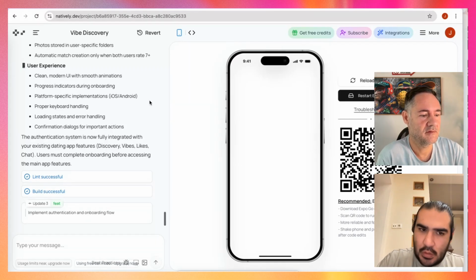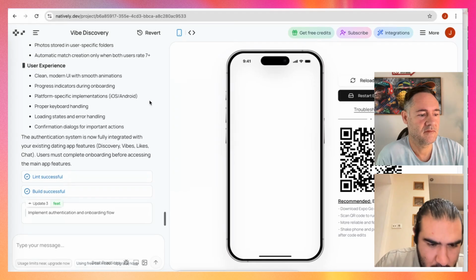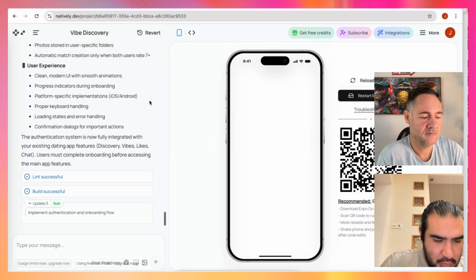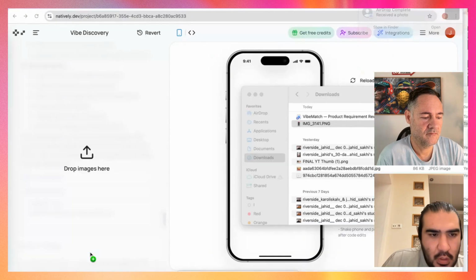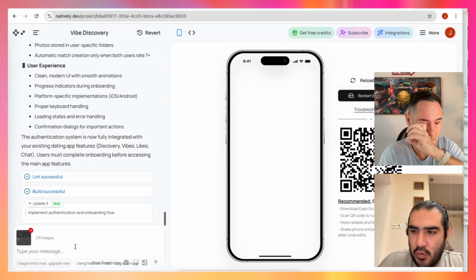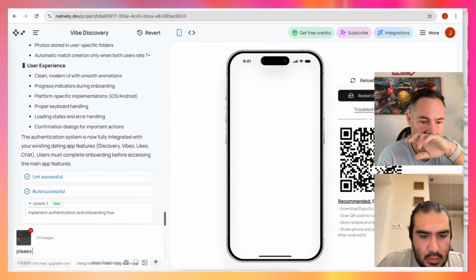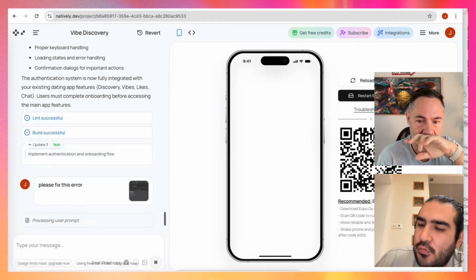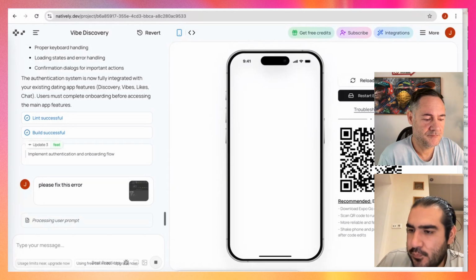Okay, I have an error on my phone. Yeah, because Google login is the issue. It cannot be verified. Okay, let me airdrop the issue here. So yeah, I have an error for the Google part. So let me see, please. Fix this. Yep, because maybe we just need the API key for the Google and all these things. Yeah, because that's what it was mentioning.